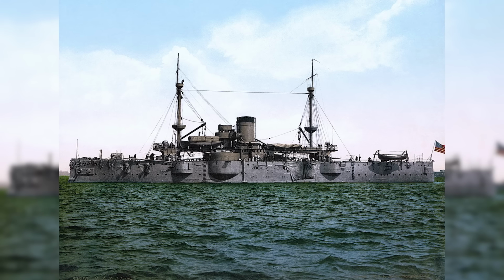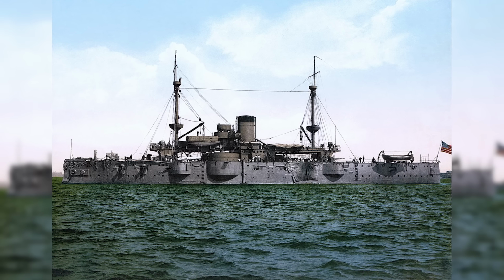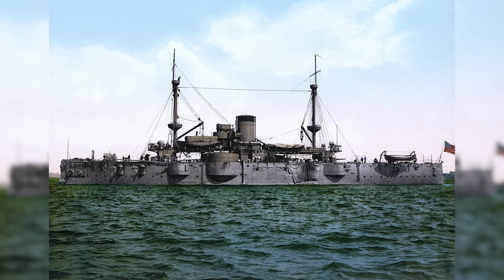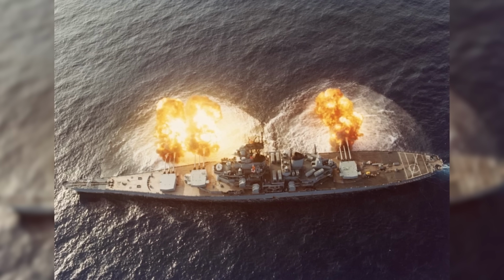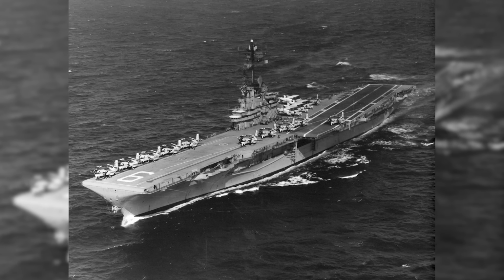The strategy with building modern battleships would evolve to its final form in the late 19th century, and these gigantic ships generally had three main qualities about them. One, they were amongst the largest and heaviest vessels in the ocean. The Iowa-class battleship was around 860 feet long, the same length as an Essex-class aircraft carrier, but 20,000 tons heavier. That's almost double the weight of an aircraft carrier, and this is because these battleships had so much armor placed